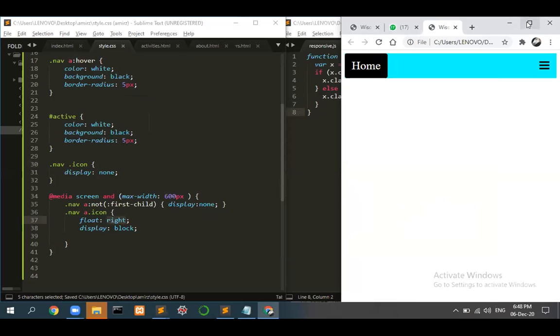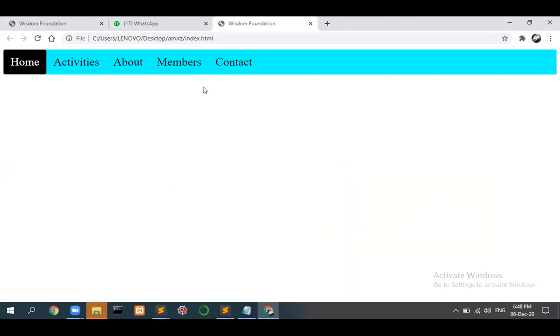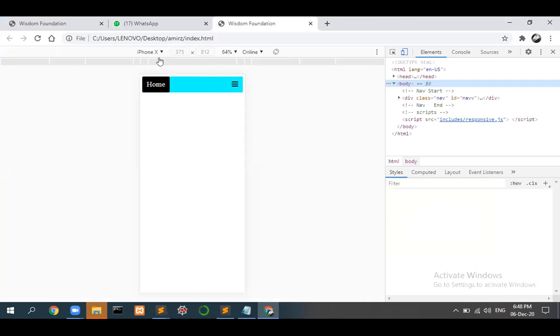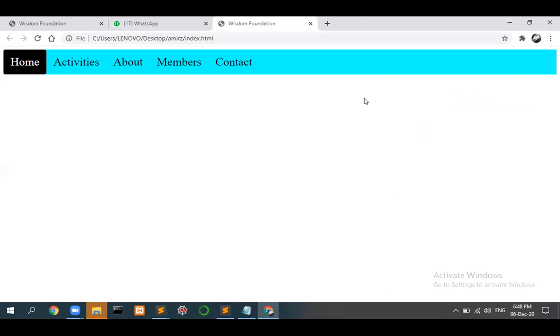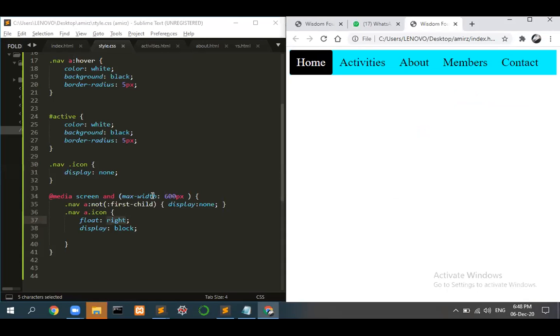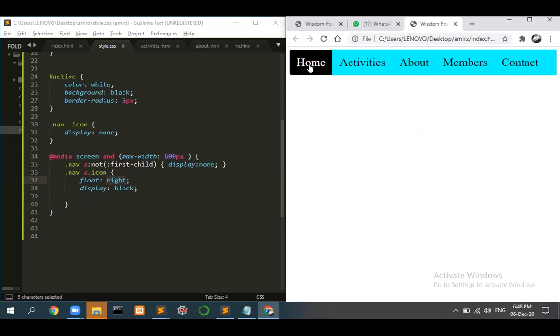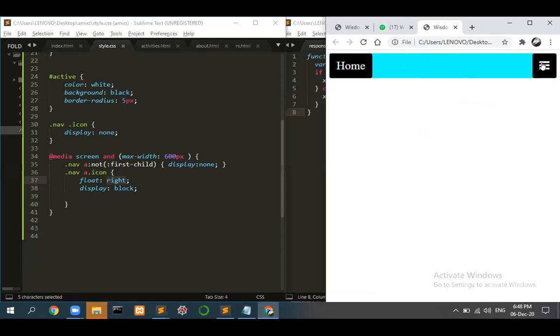Whenever you hit Control Shift and I, if you're viewing this website in iPhone X, you can see that this is the layout of my page. So this was about adding this button and keeping this home button seen in your document. Now I'm clicking it, nothing is happening. So in order for that to happen,